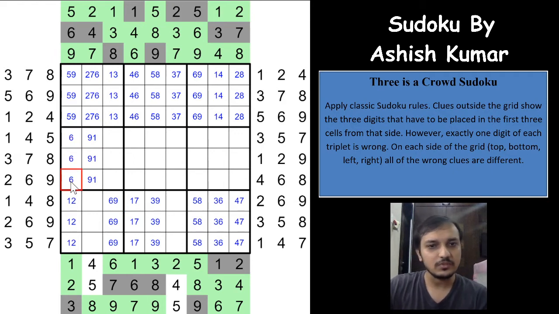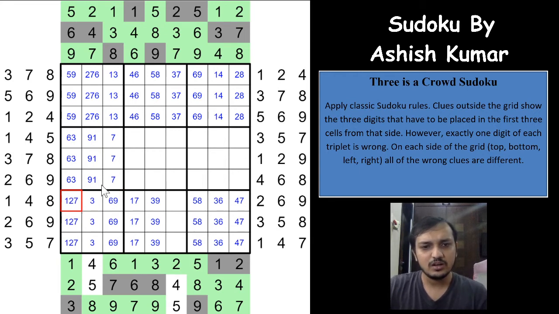And if you see the 3 now, the 3 cannot be in these 3 cells, right? And in these 3 cells as well, because the 3 is already marked here, and 3 cannot be here as well because it is already marked as wrong, which means a 3 has to be here, which will give you a 3 here, right? Same way, a 7 cannot be here and cannot be here as well because of the 7 marked as wrong, which means a 7 has to be here, and a 7 has to be here. Now we already marked the 3 digits here, right?